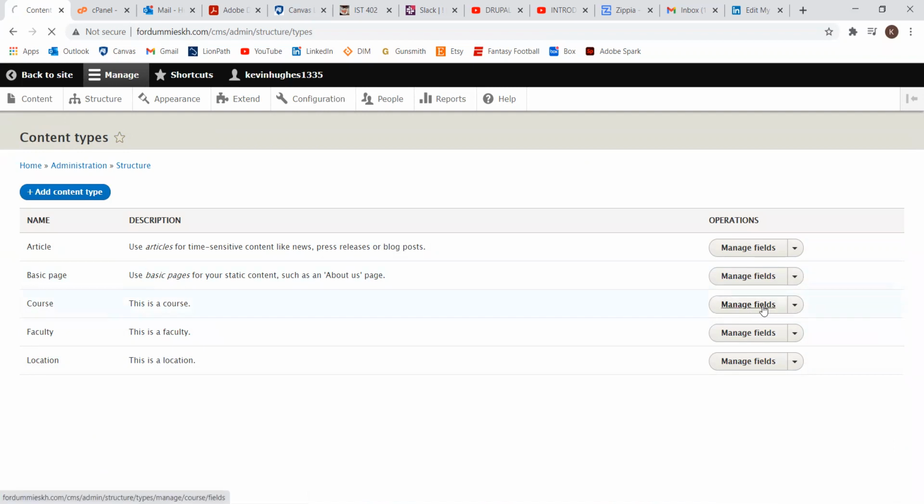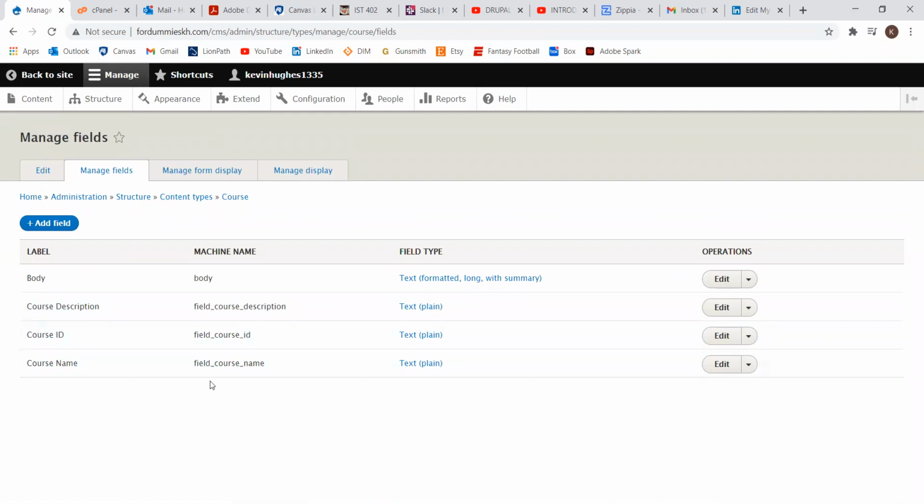If you go to manage fields for course, you'll see there are different fields for a course. There's course description, course ID, and course name, because a course, or really any data entry, is more than just one single input, especially when it comes to something like scheduling classes. So if you wanted to make a